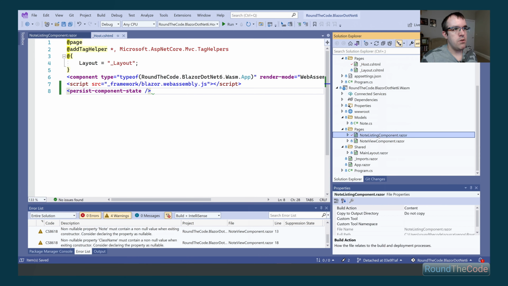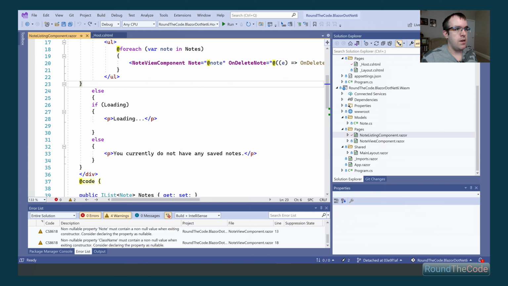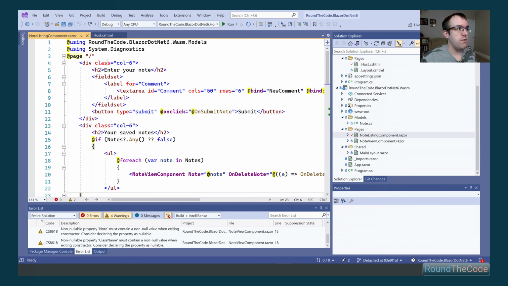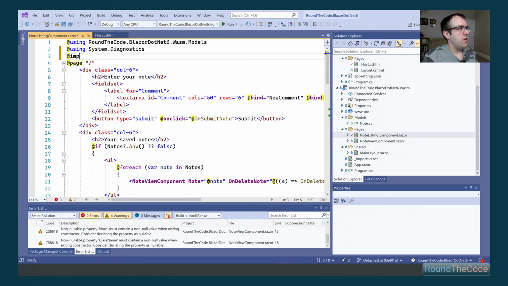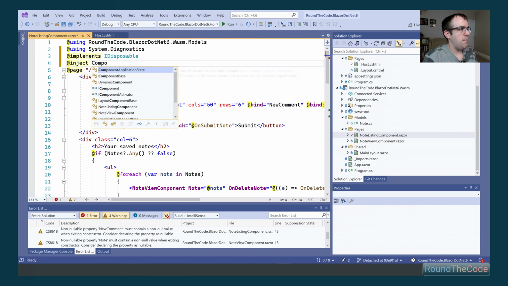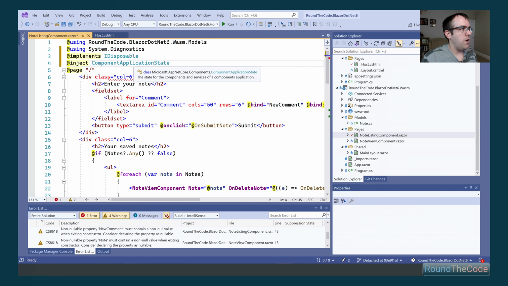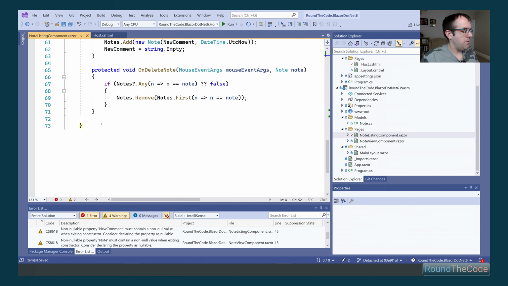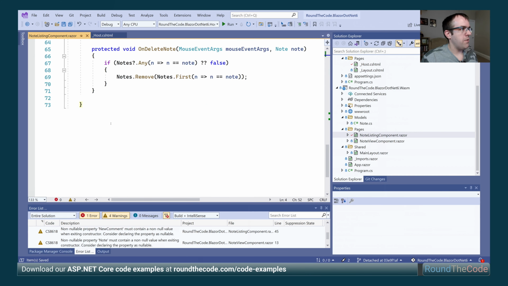If we go into our WebAssembly application now, and specifically into our note listing component, we need to add a few things up here. We need to implement the IDisposable interface, and we also need to inject the ComponentApplicationState into our application. Now that we've done that, we go down here and we're going to create a new method.